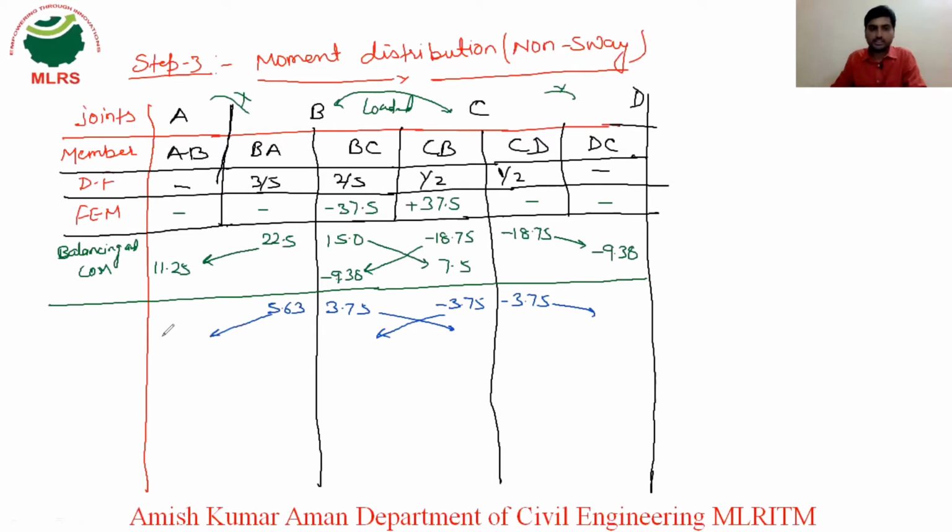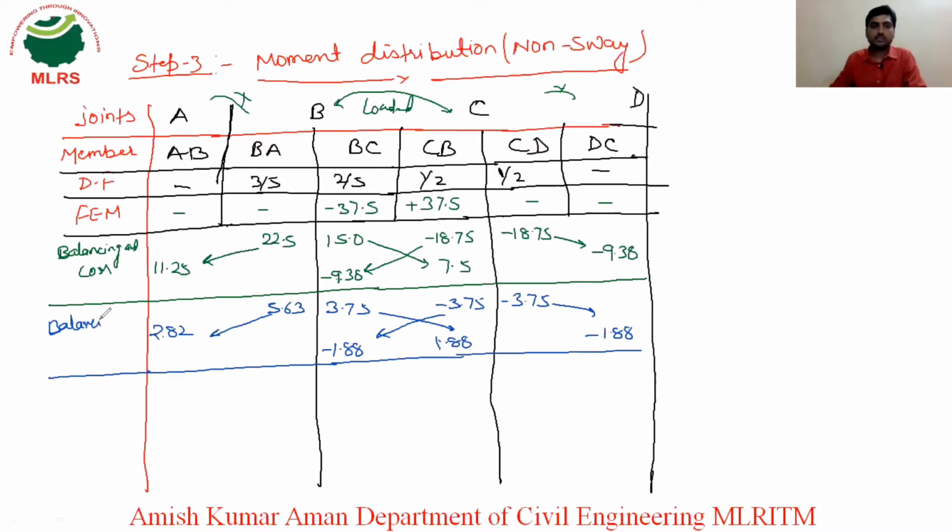For this 5.63, we got here 2.82. Here you will get 1.88, and here minus 1.88, and similarly here also 1 minus 1.88. So step 2 is also completed. This is balancing and carryover factor. Again,